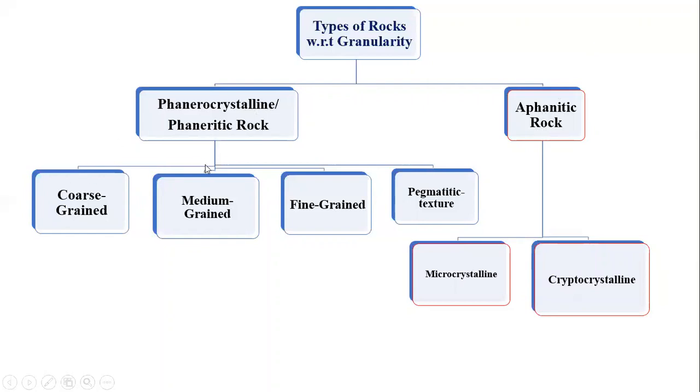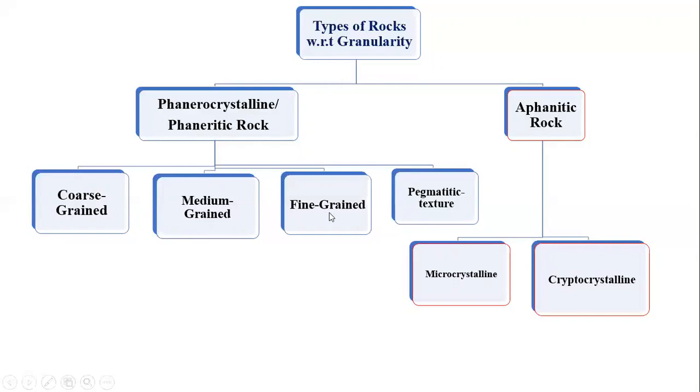Phanerocrystalline is then divided into four major subcategories. First is coarse-grained rock. Coarse-grained rock or coarse-grained texture refers to that phaneritic rock in which average crystal diameter is greater than 5 millimeter. So coarse-grained rock is that rock in which average crystal diameter or average crystal size is greater than 5 millimeter, while medium grained rock refers to that phaneritic rock in which average crystal diameter is between 1 to 5 millimeter,